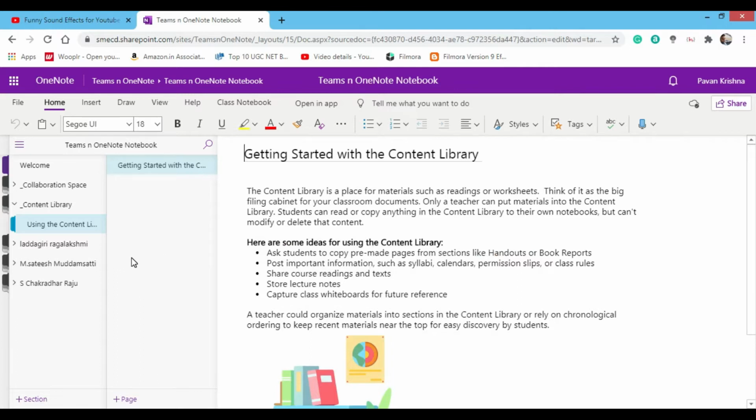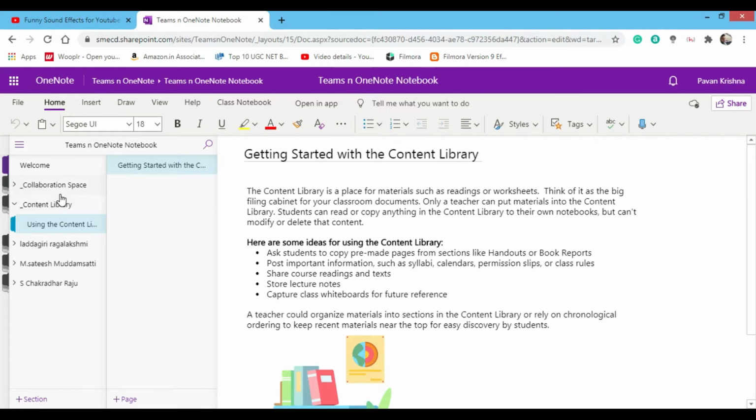Okay. Now, before I start, I would like to tell you why we use OneNote for students. Students can store all the notes and content related to their academic activities. All the information will be collaborated into one application, which is OneNote, so that they don't have to wander around for the information and the notes or any other content that they require for their examinations or other academic activities.